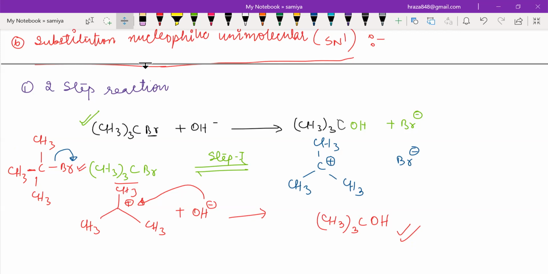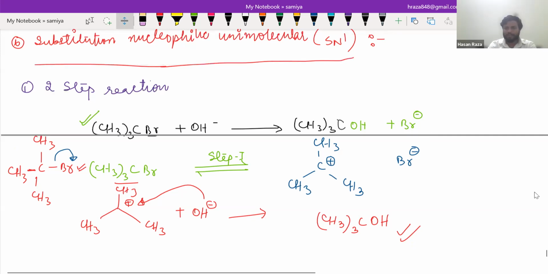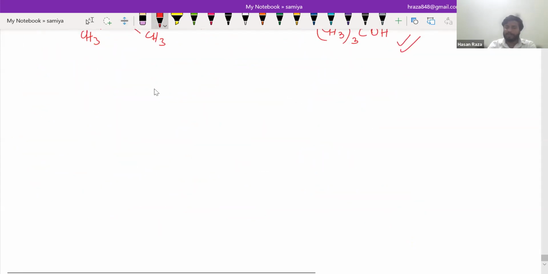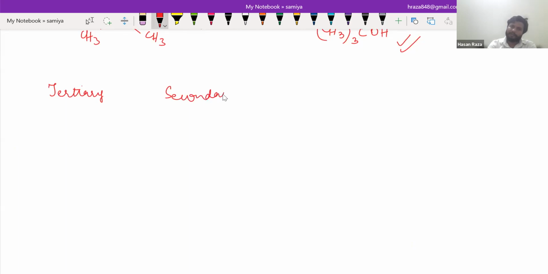Done, sir. Very good. Now you can see there is formation of a carbocation in SN1. That means there will be tertiary, then secondary, then primary. Can you tell me